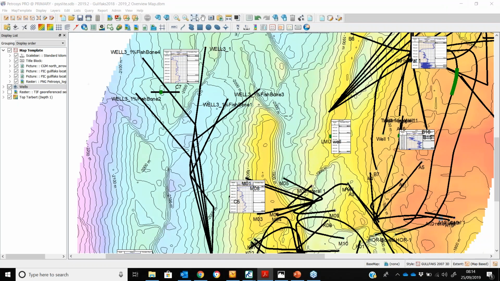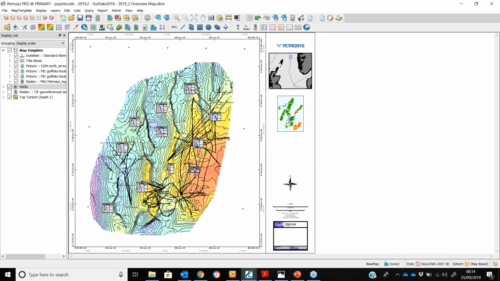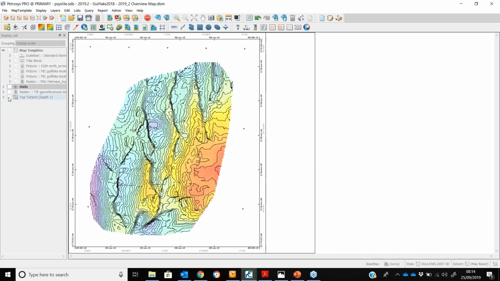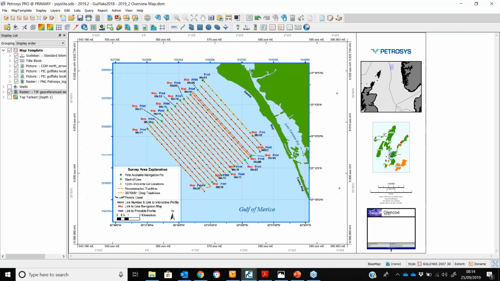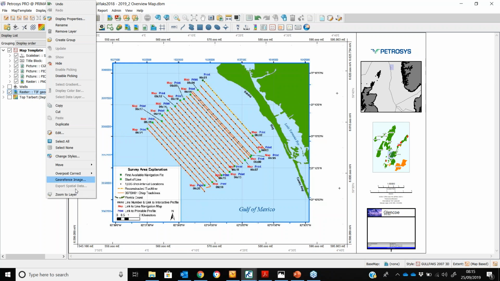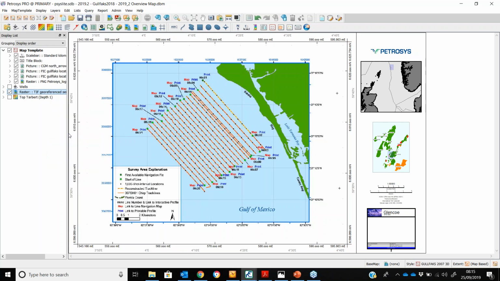Okay, that's enough talk about wells then. Let me finish with the raster image to vector option. So I'm going to toggle off my grid and my wells, and I'm going to toggle on a raster image. I just took this from the USGS website, a screenshot of their website, so I had a nice raster image, and I thought I would show you how we would go about creating vector formats out of this file. To do it, we right click on the georeferenced image and select edit,